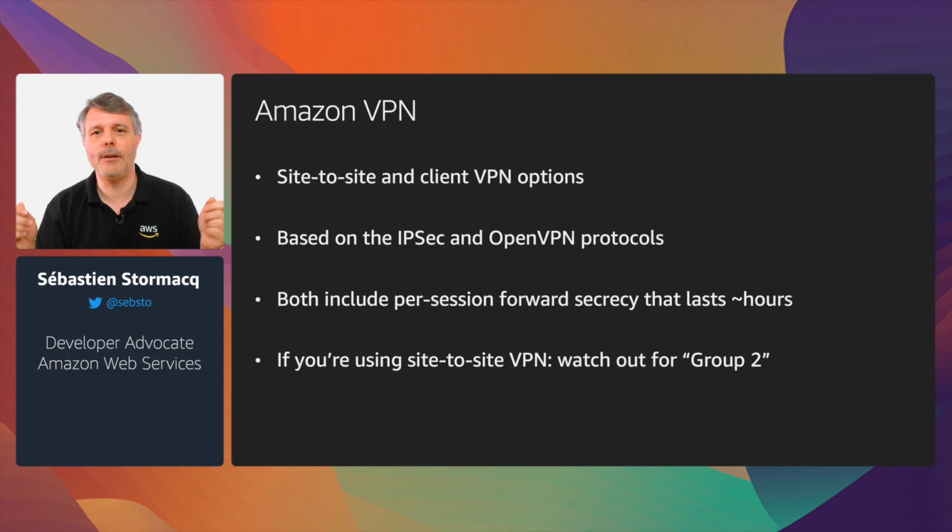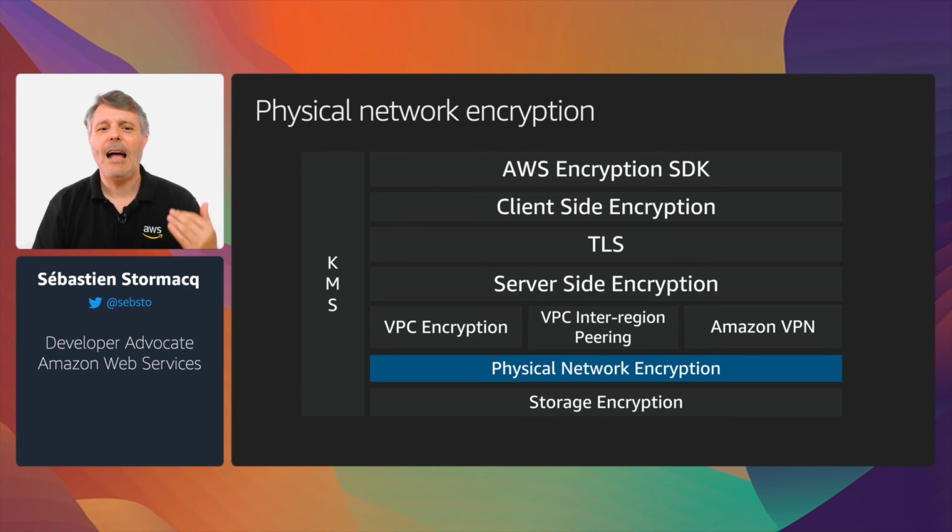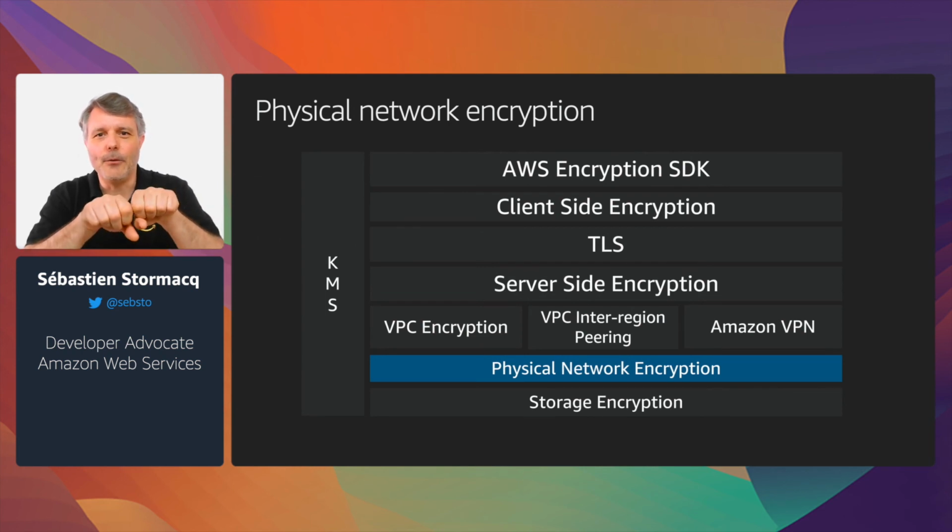If you are using Amazon VPN to do data center to data center, site to site encryption, it will be encrypted over IPsec. If you are using Amazon VPN for the client connection, so to connect your laptop or your smartphone to the AWS backbone, then the encryption will go through OpenVPN, which is the system we are using underlying Amazon Client VPN. At the physical layer, really the cable or the optical fiber on our networks, we are also